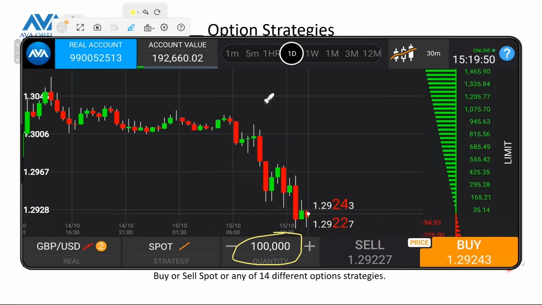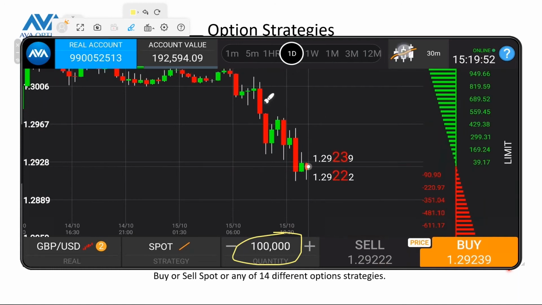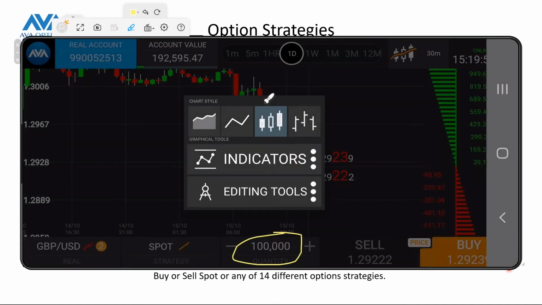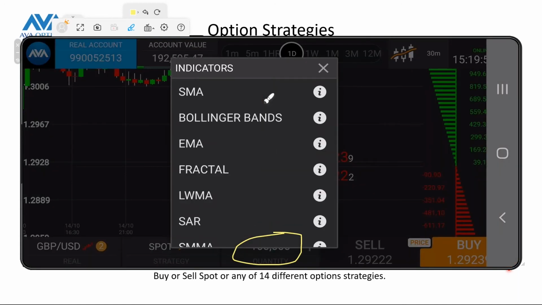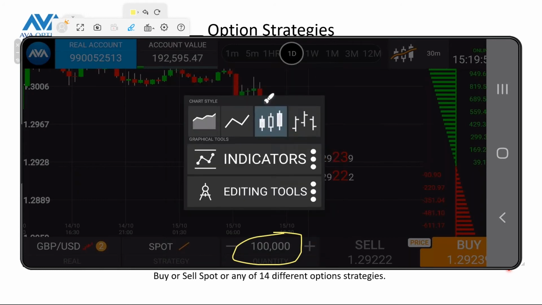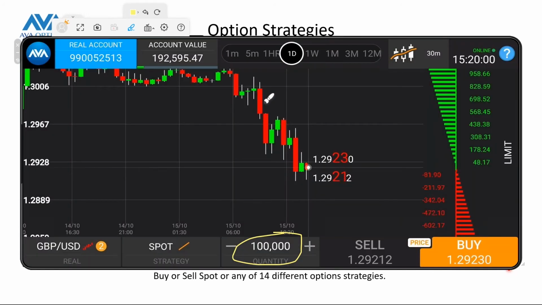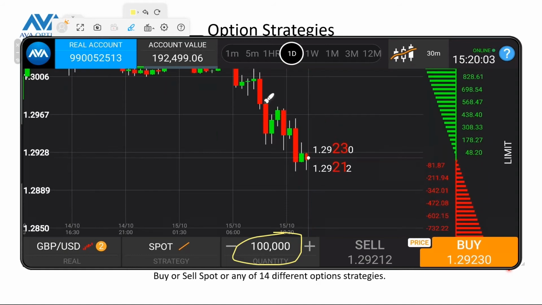I can add information to the chart by clicking up here, like moving averages and Bollinger Bands and fractals and stuff like that, if that's your game. I can see my profit in dollars. This is a dollar account. I can also see it in price. So this is the same units as the underlying. And if I was trading some other currency pair, I could see it in